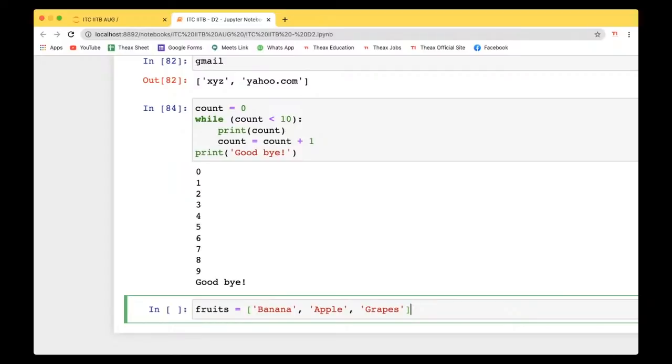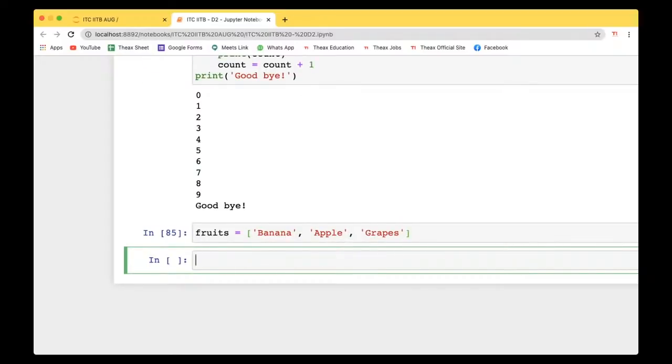Right. So these are fruits. Now instead of printing these one by one, what we can do is apply for loops and we can get all these things, right? So if we just write that